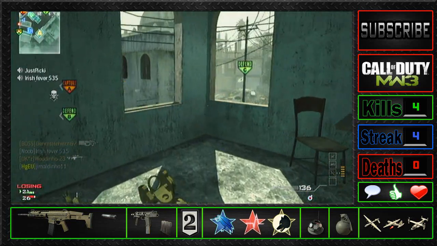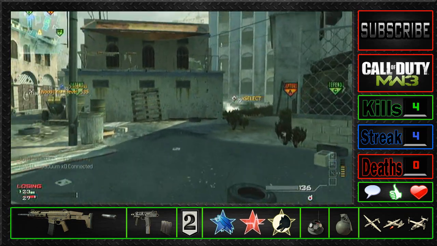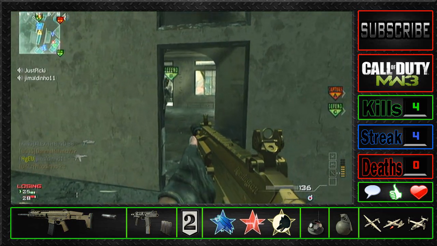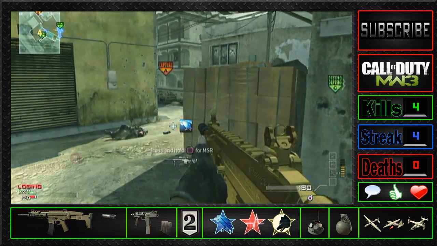Now the way to get high kill streaks is to think of the map as if there's an enemy around every single corner. Okay, play it as though you're actually in the game, like you're actually at war. Think of yourself running on this map in MOAB and just think there could be an enemy around that corner. I'm going to go around there as if there is, and treat every single corner, every single engagement,